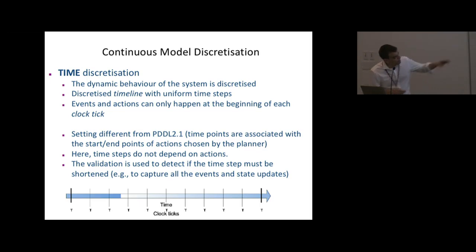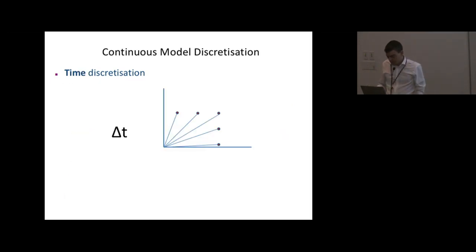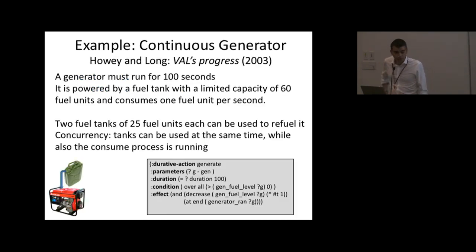Right, so the clock ticks there is the way we discretized the timeline in uniform time steps. But again, even time discretization is an issue, because if you refine too much the time discretization, the choices you make really make the state space too big. Now, a benchmark problem in the planning community, in the hybrid system planning community, is the so-called generator, which is